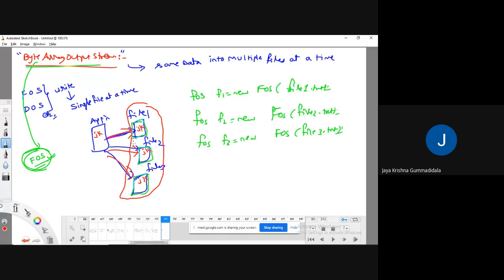But to make it copy all the data at a particular instant, I need to create an object for byte array output stream. BAOS equal to new byte array output stream. Guys, I would like to write the data, for example, some byte array.